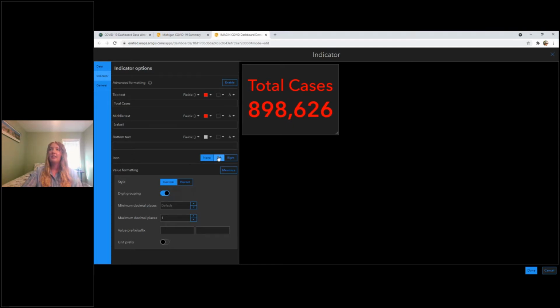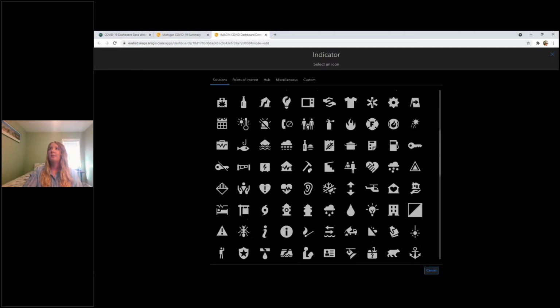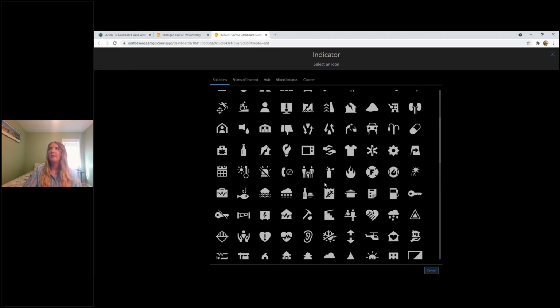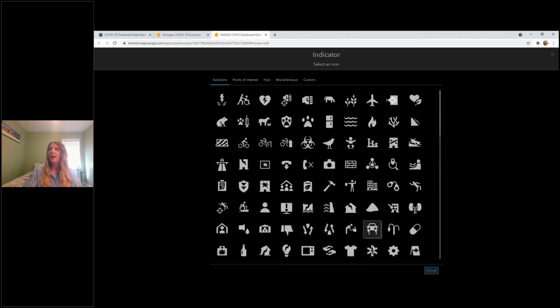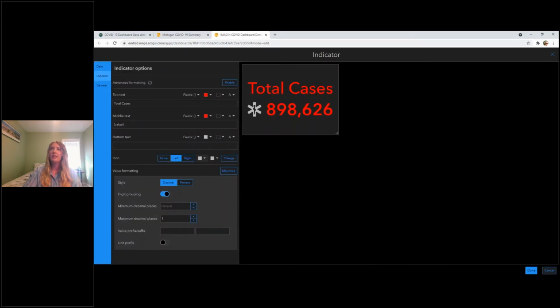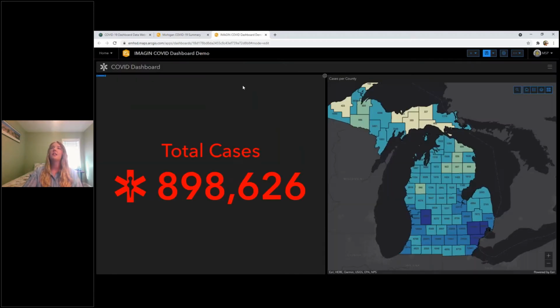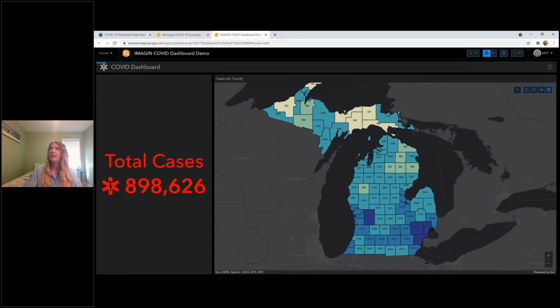And then you can add icons here, so you can see all the predetermined ones that you can choose from. You can do custom ones if you want, but just select an icon that kind of fits with it. And then I'll hit done. So everything always loads in on the left, and then you can resize it how you want.